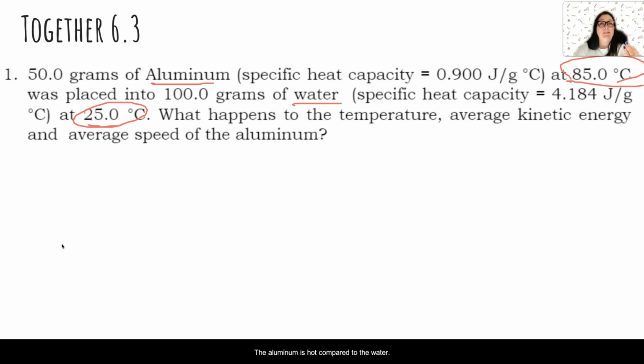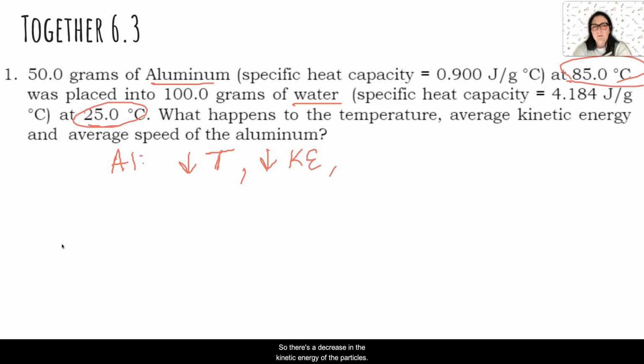The aluminum is hot compared to the water, so heat transfers from hot to cold until they reach thermal equilibrium. That means that the temperature for the aluminum is going to go down. Decrease in temperature. So aluminum's going to have a decrease in temperature. So if the temperature goes down, what happens to the average kinetic energy of its particles? They also go down because they're directly proportional. So there's a decrease in the kinetic energy of the particles, and then it talks about the average speed of